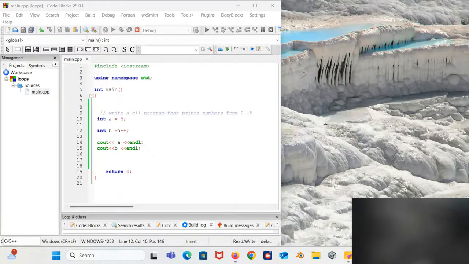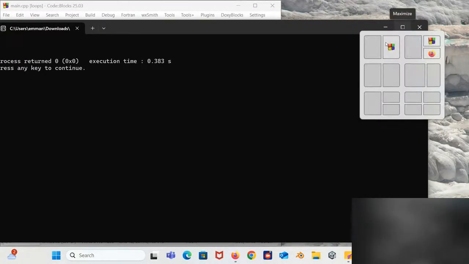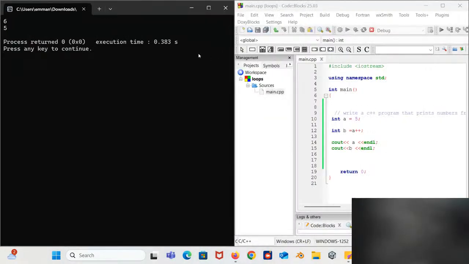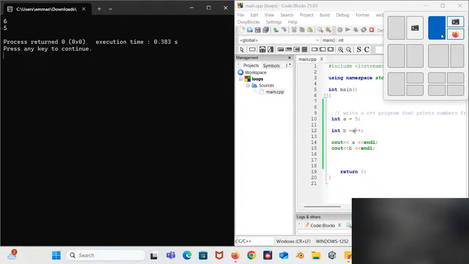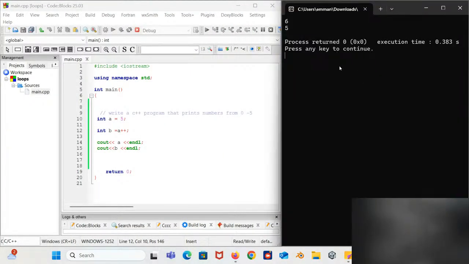So you can see here that for the first one, what happened? The first one, A here was entirely changed even before the process.